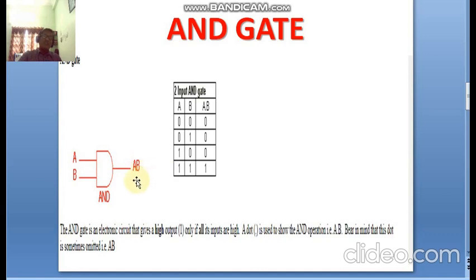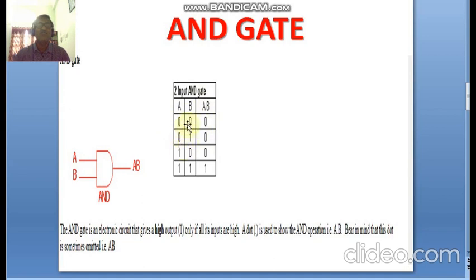So in this case, the possible combinations of individual variables are like this. Here A is equal to 0, B is equal to 0, one combination. So here the output is A into B, 0 into 0 is 0.